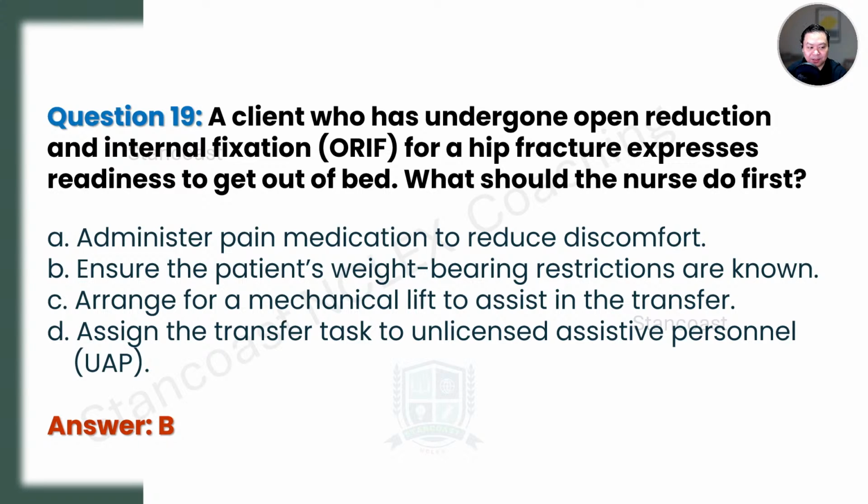Initial transfer. Take note of that. And so again, our priority here is to promote safety when you are mobilizing a patient post-surgery. And again, take note about the weight-bearing status. Make sure that this is in place in the medical record